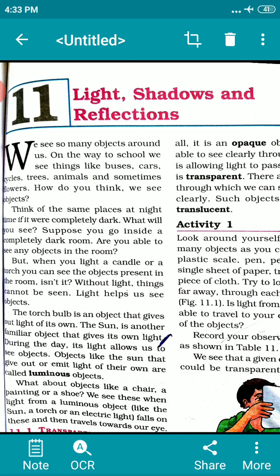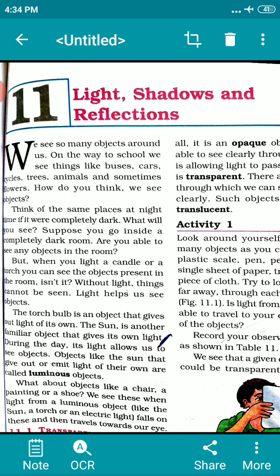The torch bulb is an object that gives out light of its own. The sun is another similar object that gives its own light. So, based on whether or not they give out light, objects can be classified as luminous objects and non-luminous objects.